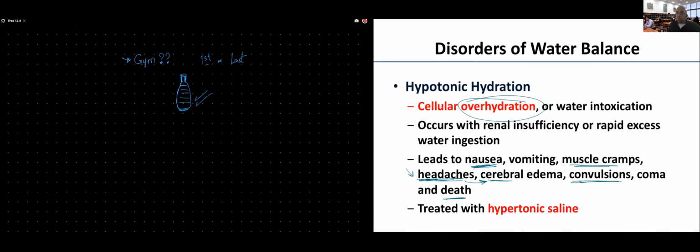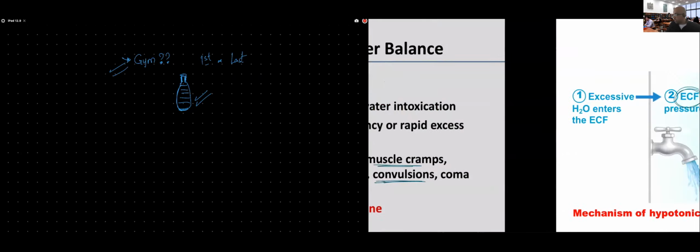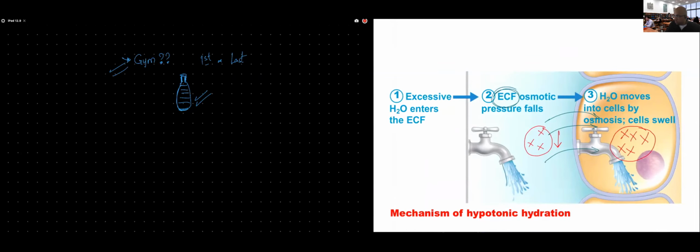So what am I supposed to do instead? To not go to the gym in the first place? No, go to the gym, but try to get not just pure water, try to drink Gatorade, exactly. Something that has the same solute concentration as your cells for you to not have a major drop in the extracellular fluid osmolarity.